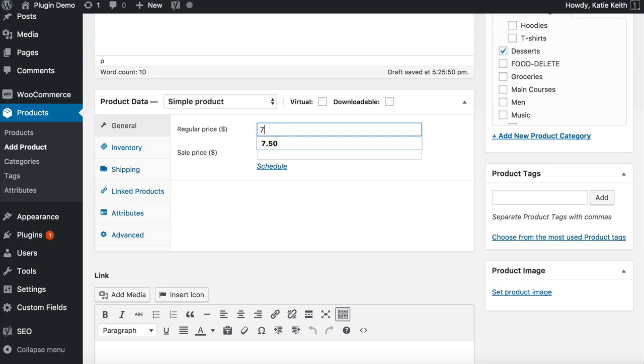So let's say it's £7.99 and that is the price. Now, if you were adding something a bit more complicated, so for example, it might be a pizza menu and you might have a 9-inch and a 12-inch pizza. If you were going to do that, then instead of simple product, you'd need to click here and choose variable